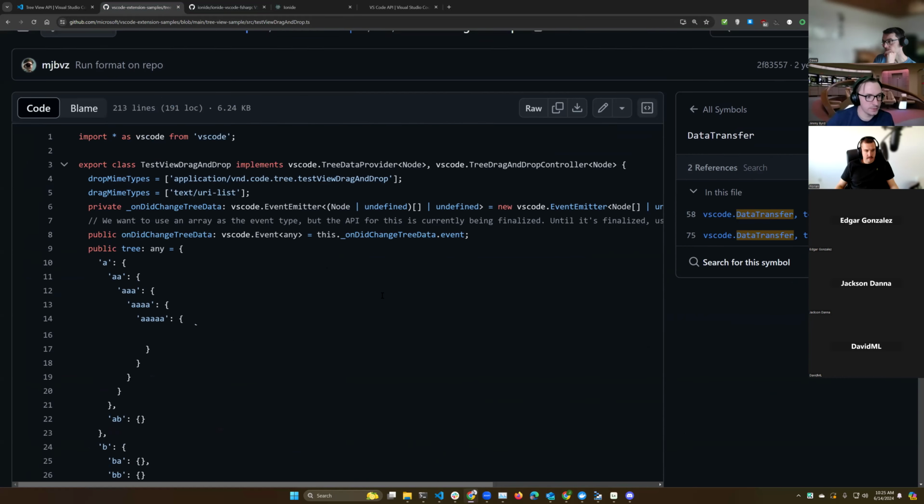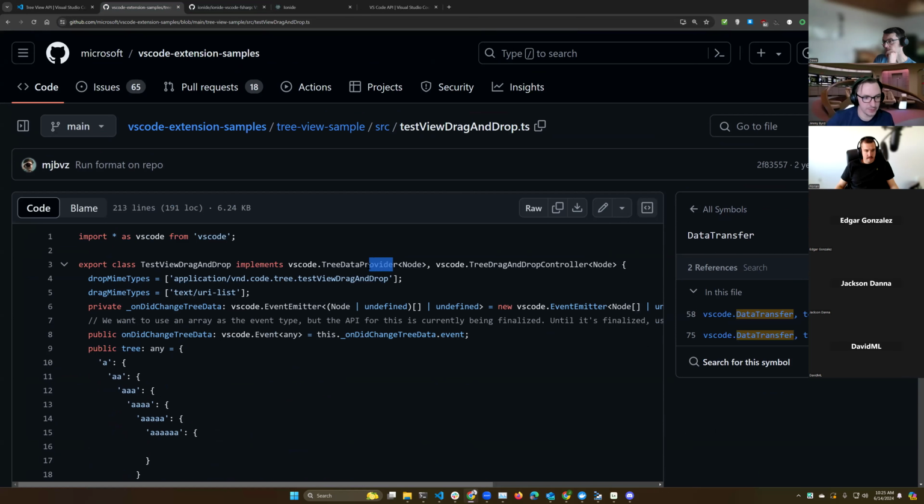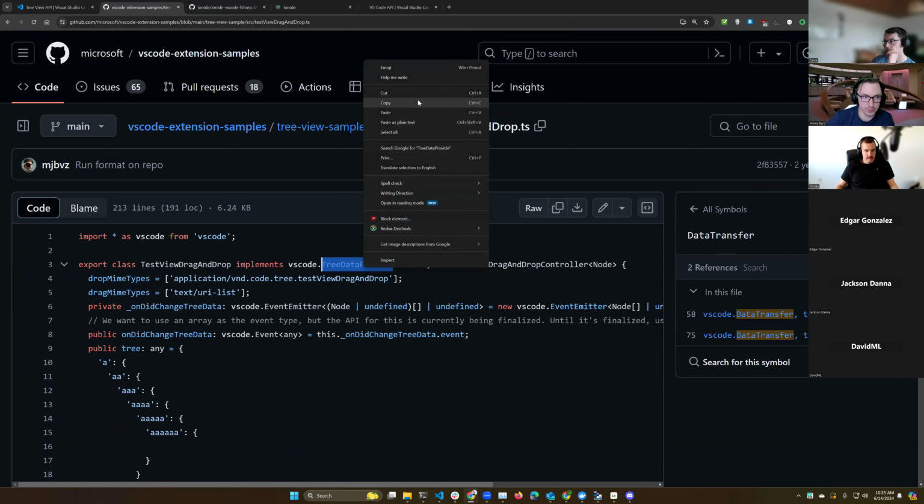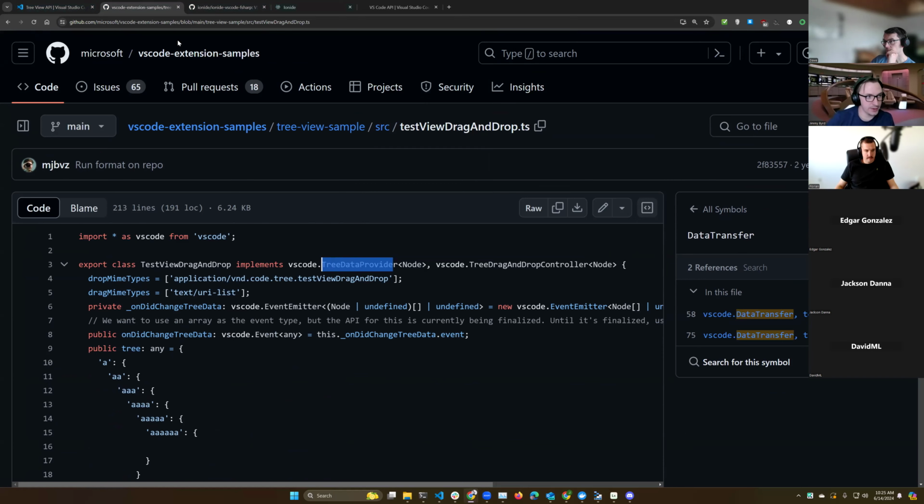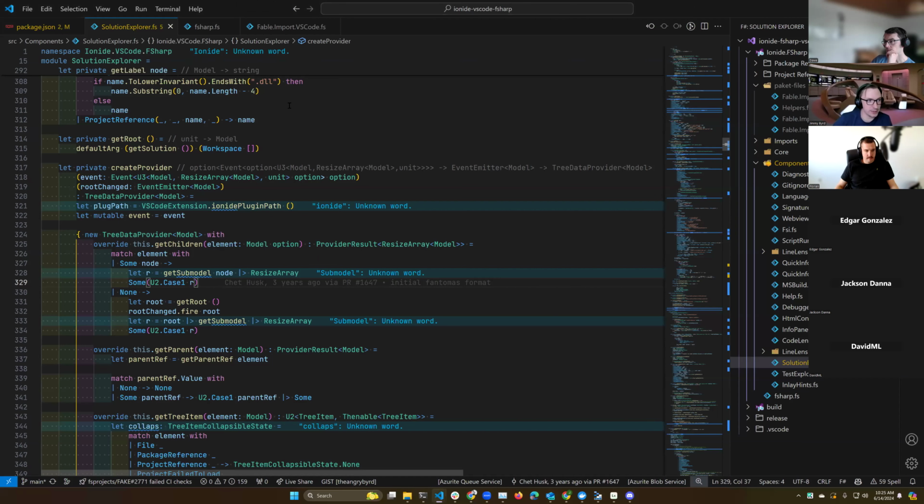Maybe I can just search for the handle. We don't have a drag and drop thing right now. We have the tree data provider, and this is what you want to look for. If you look for tree data provider, this will take you to a file called Solution Explorer, which happens to be the thing that we're trying to change.